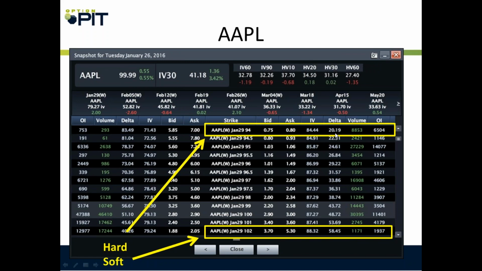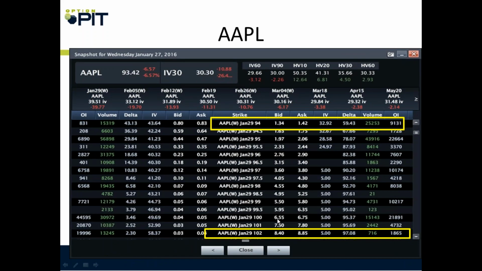On $6.50, how much value should my 94 puts gain that are trading 75 cents if they're down 6.50? Well, it's pretty simple, right? 6.5 times 0.2. They should gain at least $1.30. Meanwhile, my 102s that are 3.80 are 58 delta. So they should gain 58 times 6.5, or $3.75. Well, let's take a look at what happens. My 102s, which are now a 97 delta, actually pick up $5. So they did better.